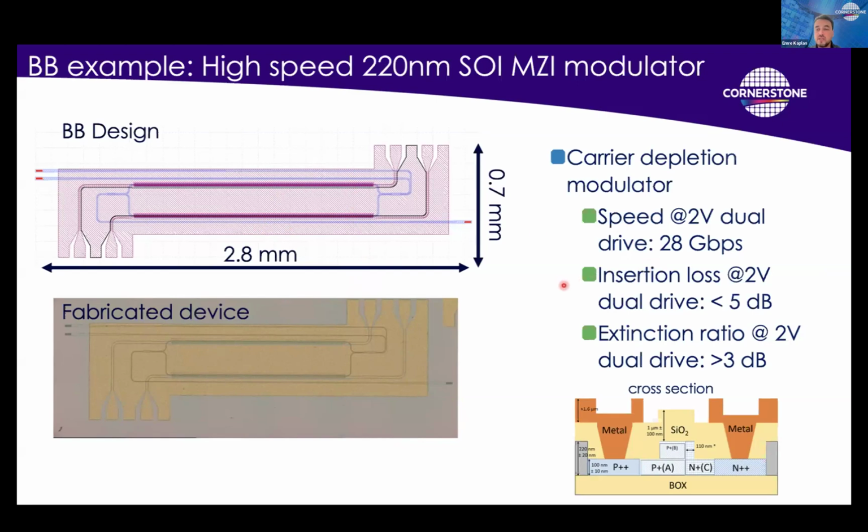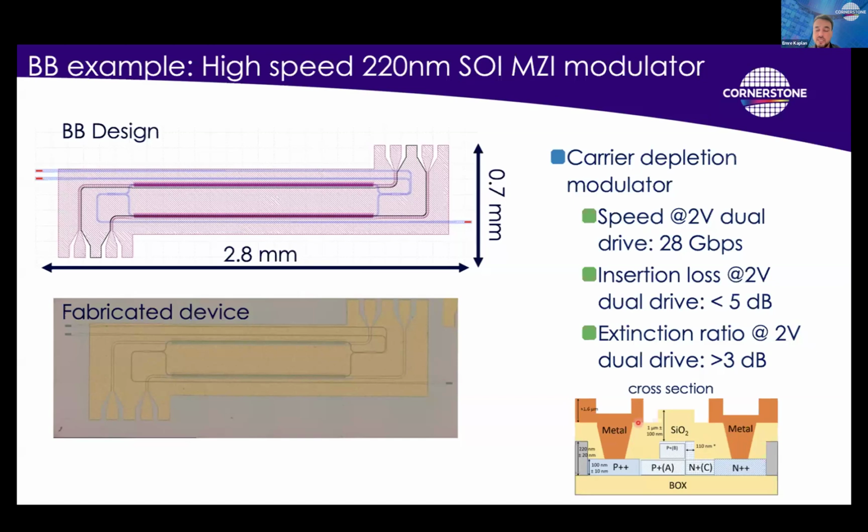So if you are interested in high speed, in this case, this modulator supports up to 28 gigabit per second transmission, and some more information about the device itself, insertion loss, extinction ratio, and also the cross section of the final device. You can use it as a standalone device. You can have it on chip, then you have a modulator that supports up to 28 gigabit per second, or